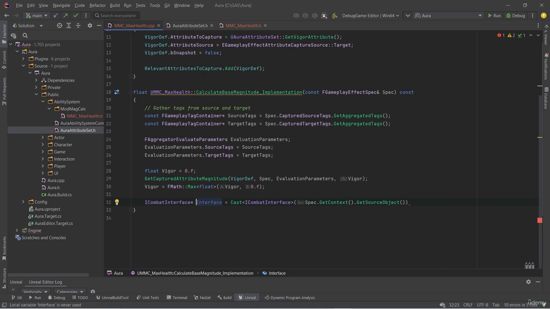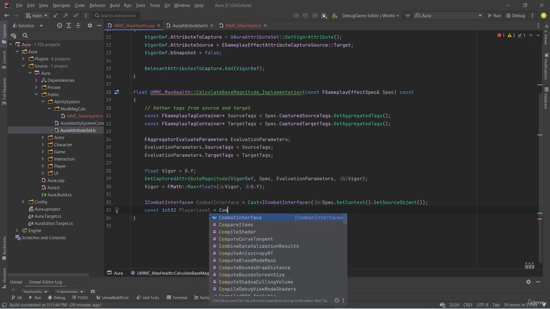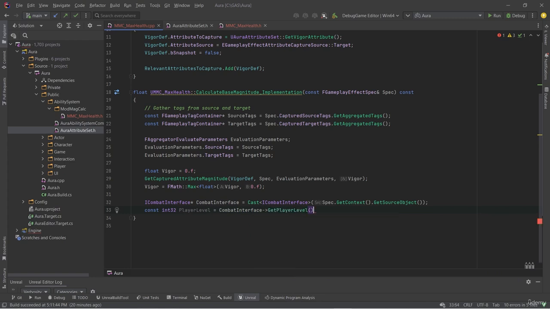Actually, we'll call it combat interface to be exact. And then we can have access to the level by saying const int32 player level equals, and we could take our combat interface and call get player level. So just like that. So now that we have our level and our vigor, we decide what this custom calculation